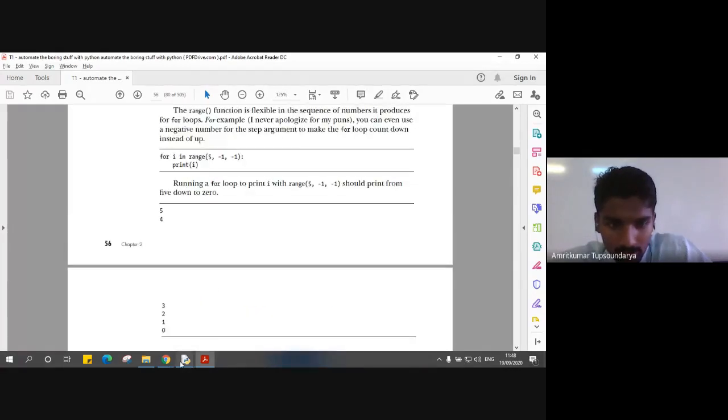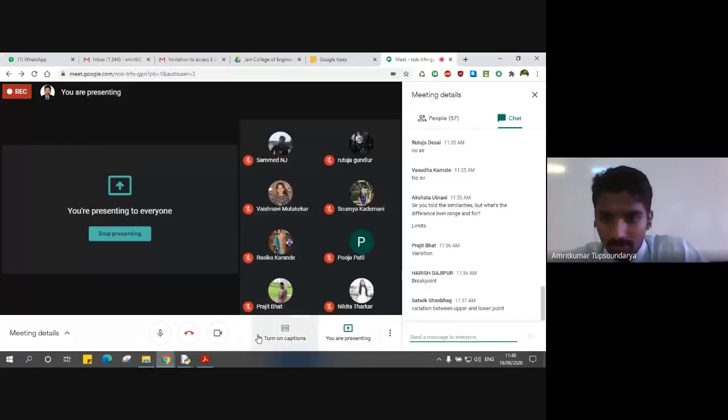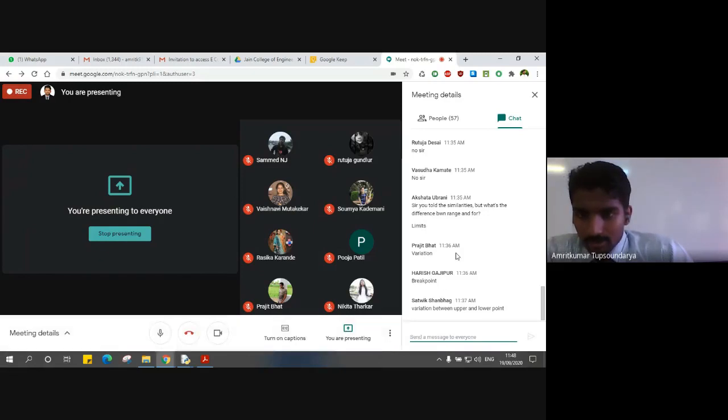So I hope that this answers your question, like how this range function is different from the simple for loop or a while loop. So far everything clear? Akshata, did this clear the doubt? Am I clear?